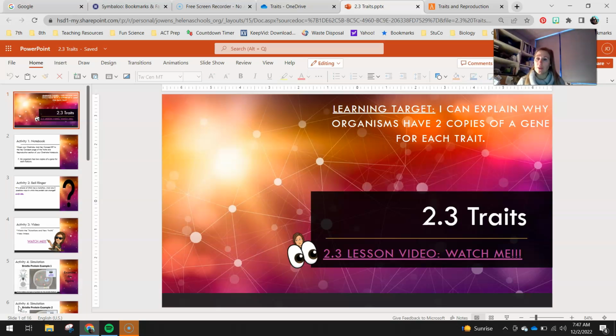In chapter 1 we really focused a lot on how genes make proteins and why those proteins are important as far as their structure and their function goes. In chapter 2 we've been exploring how we get those genes and how that passes down to make different proteins. So your learning target for today: I can explain why organisms have 2 copies of a gene